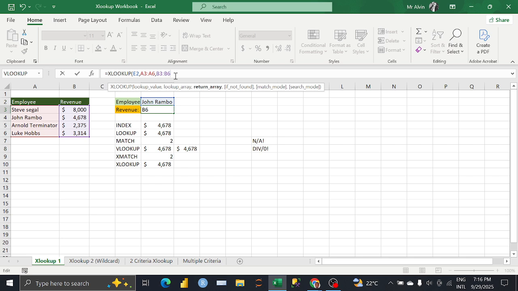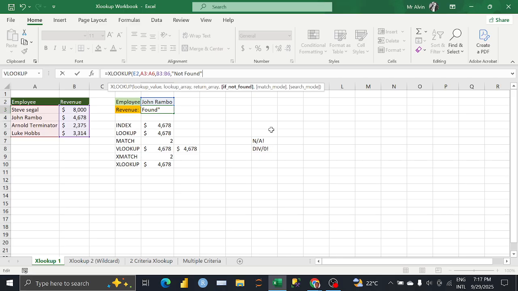Now, what do I mean? If the value is not found, just in case it brings an error, what value can we give? Maybe we can write in quotes. Remember, if the data type is not a number in Excel formulas, you have to put it in quotes. So you can write "not found". So that IFERROR, the value if error, now you are telling XLOOKUP to bring